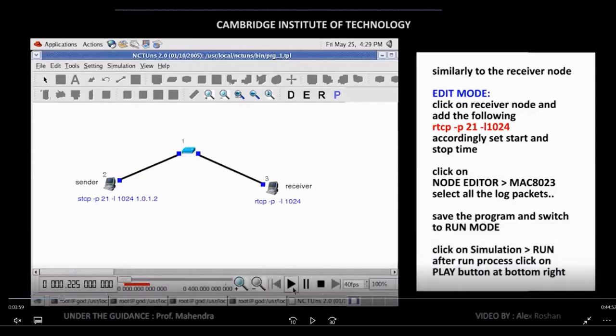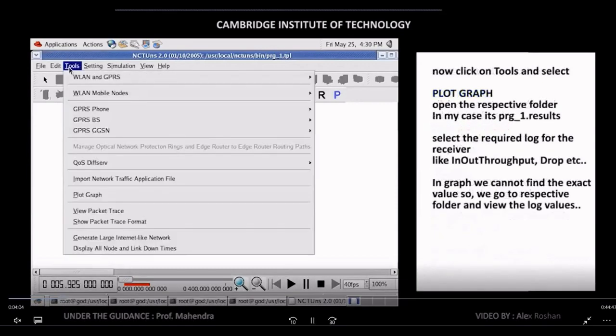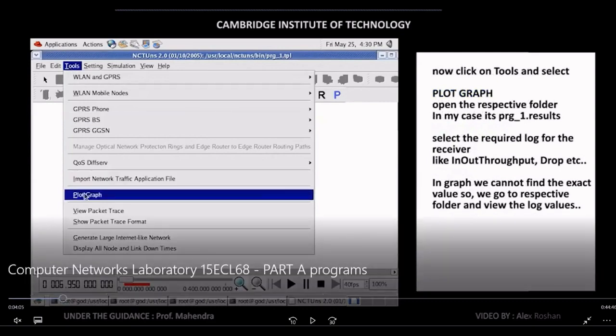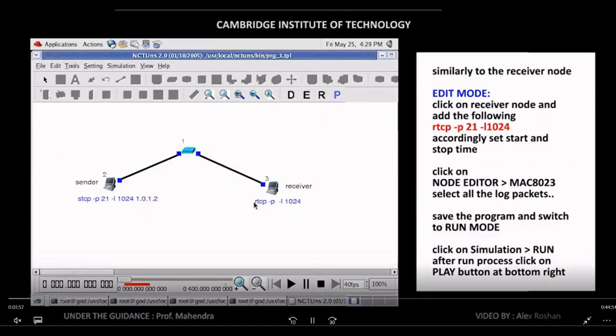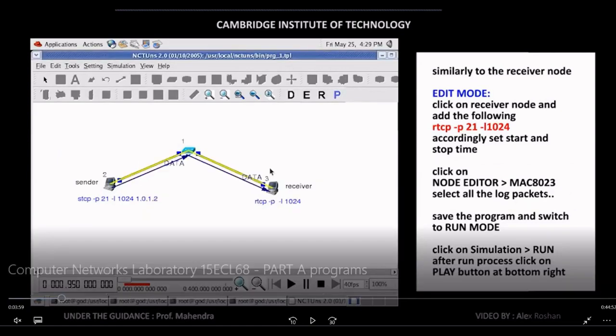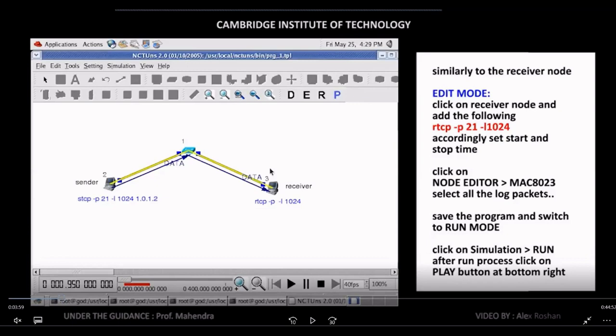database. Once the data is saved, you can go for play mode and you can understand what is happening. You can see the packets are sent and the packets are received in the data. The sender has sent some data and the receiver is receiving some data. You can see blue color lines and yellow color lines. If the data is not sent, you come up with red color. What does red color indicate? There is a failure in the data transmission. If it is yellow color, the data transmission is happening.